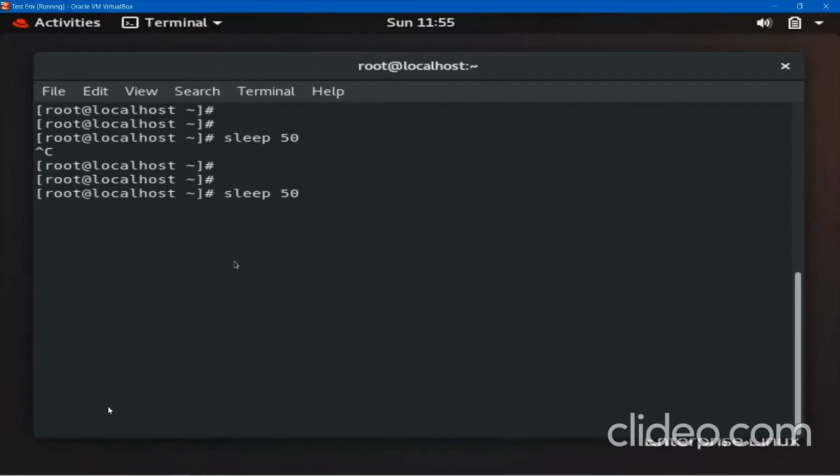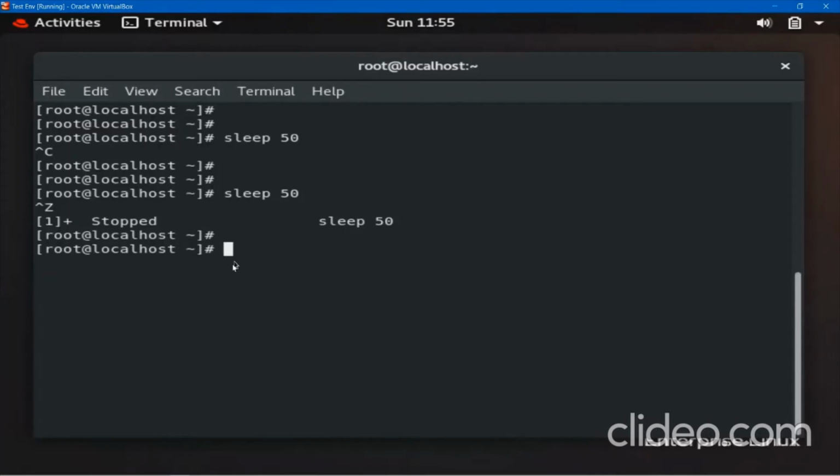Let me do the same again. I'm running the program again. Okay, press enter. The program is running. Now I am doing Control Z. See here, that time I had done Control C. Now I have done Control Z. Now you get the prompt, and it seems like the program has stopped. Okay, but this will hamper your performance.